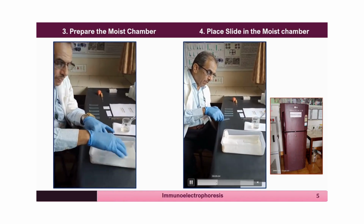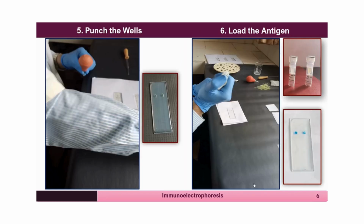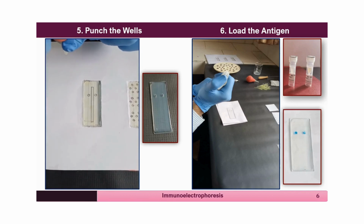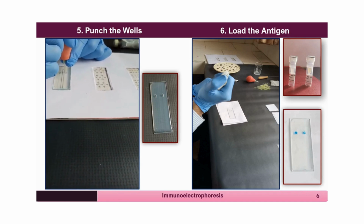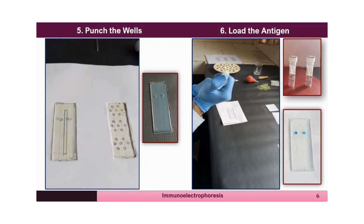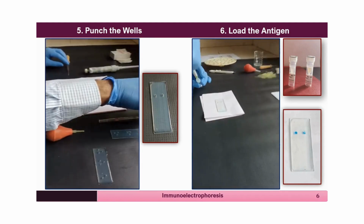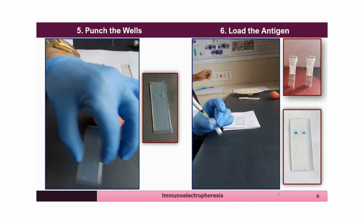After that, the slide is ready to be used for the electrophoresis, for which you have to punch the slide. The slide is kept on the stencil and two wells are punched for the loading of samples. One well can be dedicated for the normal pure antigen to be loaded, and in another well you can load the patient sample or the test antigen sample. So once the slide is punched, the antigen is loaded into each well,